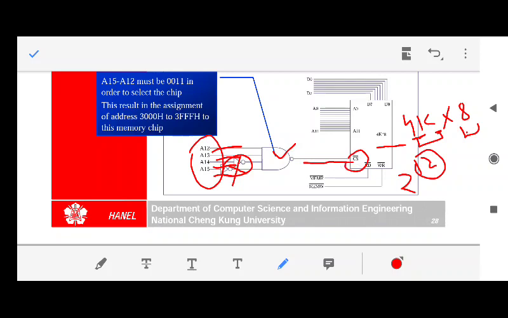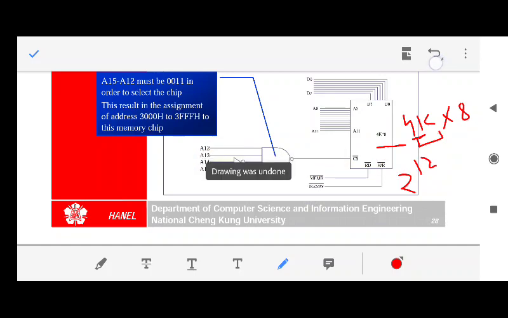Got it? I am starting again. The 8 bits are connected to the data bits. The 12 address lines are connected to the 12 address lines, and the remaining 4 address lines are connected to the NAND gate, and the output of the NAND gate is connected to the chip select signal. Fine. And there are a number of signals also. Two signals are shown to you, read and write. So the read and write signals are connected to memory read and memory write signals. Fine. So this is how you interface a memory to 8051.